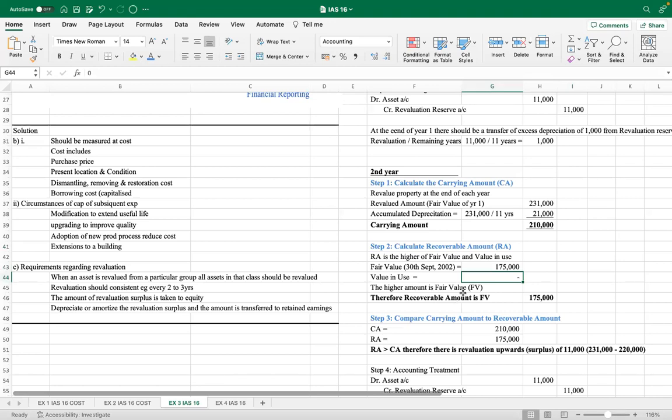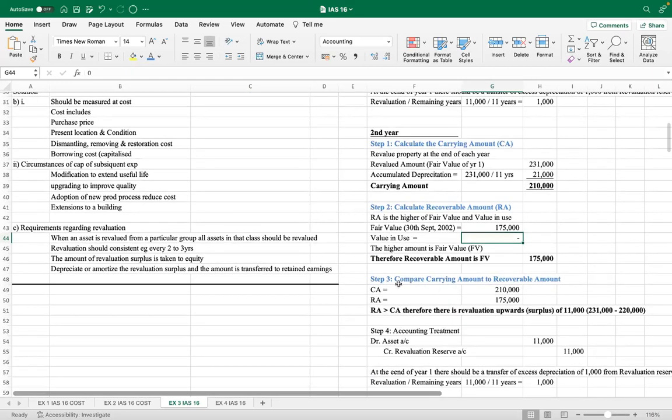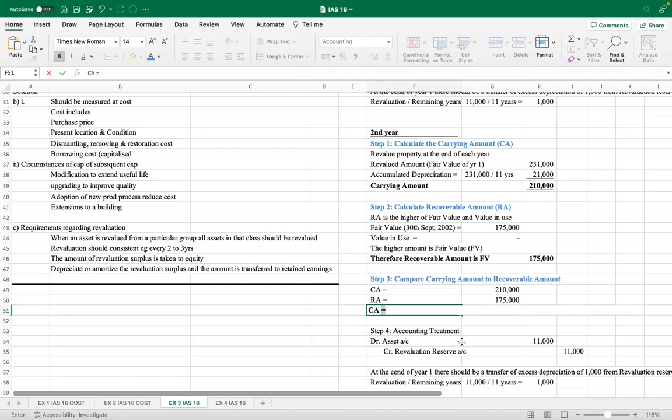Now, value in use, again, it was not given. Which is now the higher? It has changed. Okay, the higher is fair value, the 175. But now I come here, step 3. Compare carrying amount to recoverable amount. What is our carrying amount? 210. What is our recoverable amount? 175. So in this case, carrying amount is greater than recoverable amount. Therefore, there is